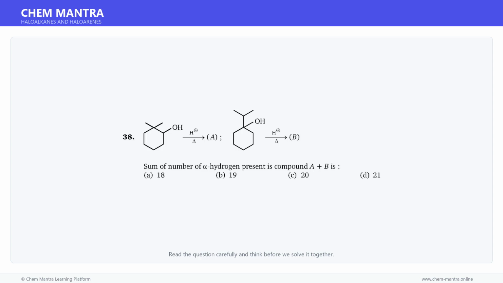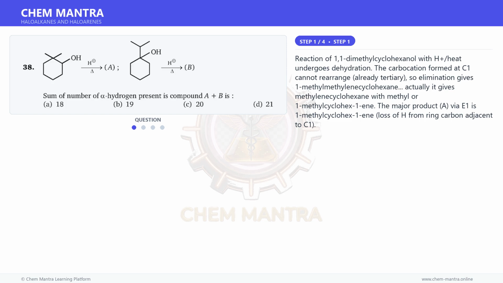Here is a question. Read it carefully and think about the answer. Let us solve it step by step. Let us begin solving this step by step. Reaction of